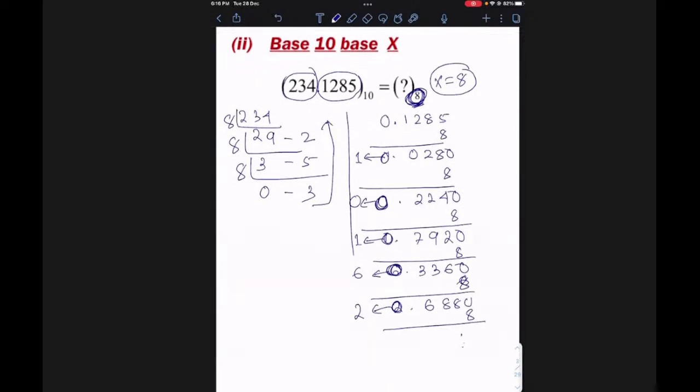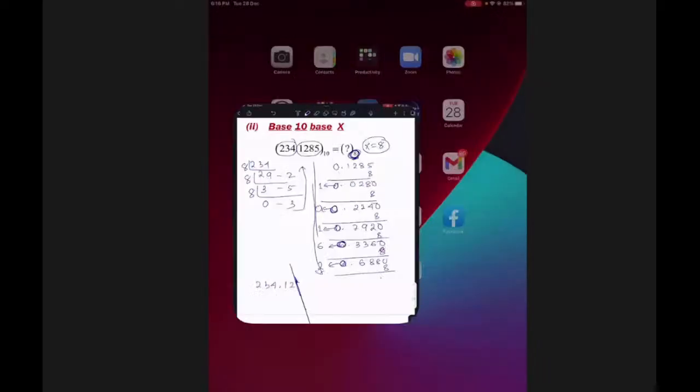Like in the previous case, where we did the bottom to top approach, in this case the numbers which I'm taking out have to be taken in a top to bottom approach. That means this 234.1285,